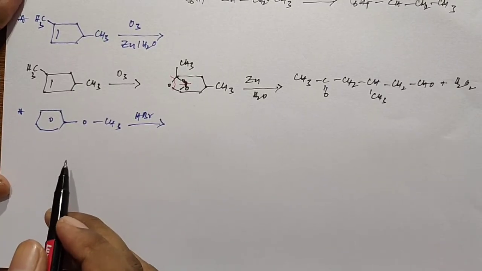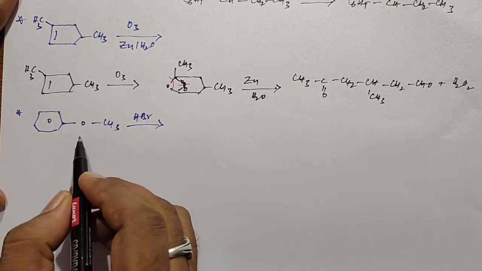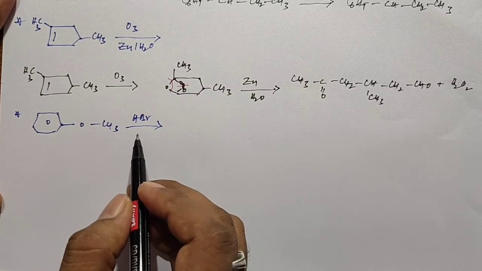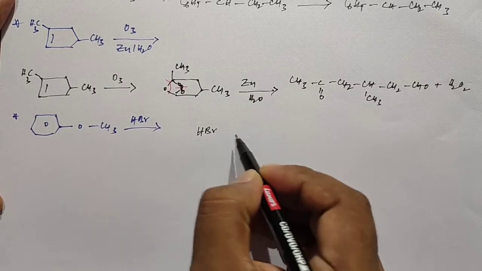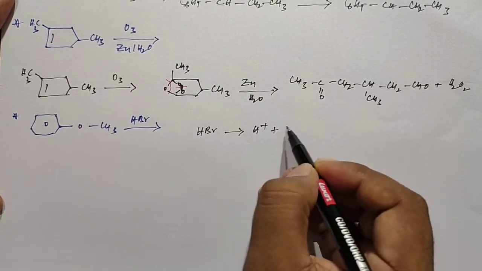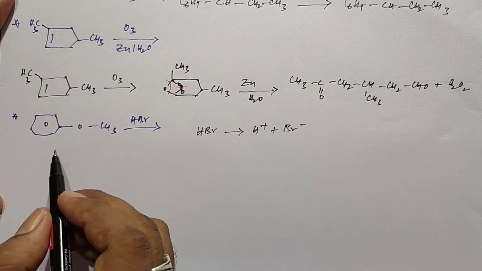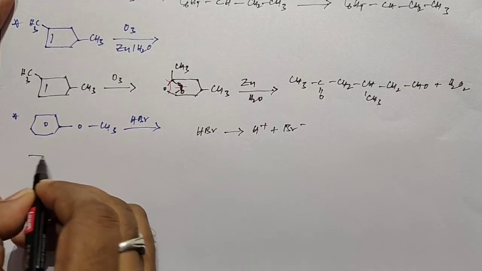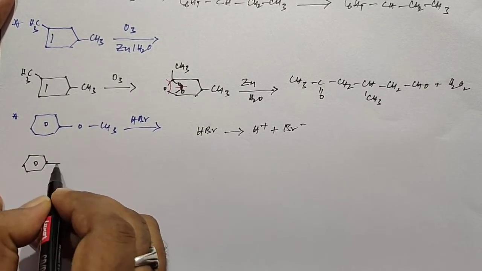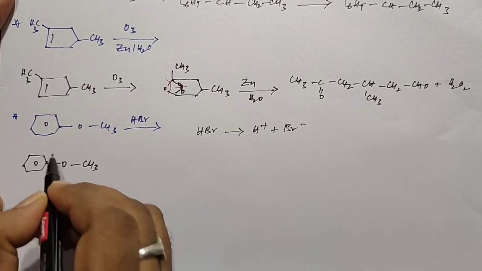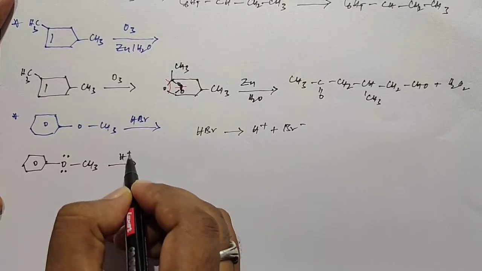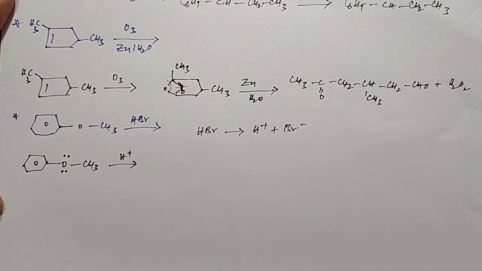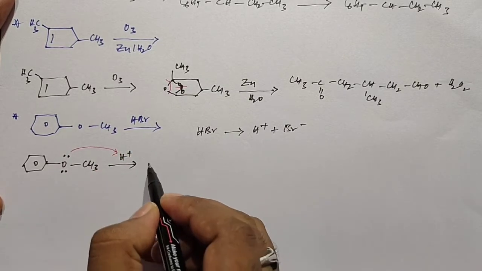Okay, students, this is the next miscellaneous reaction, or incomplete reaction. In this reaction, the given ether reacts with hydrogen bromide. Here hydrogen bromide is the reagent. Hydrogen bromide is always present as hydrogen ion and bromide ion. The reaction is initiated by the hydrogen ion. So I just take the given ether. In this ether, the oxygen has 2 lone pairs of electrons. When it is reacted with the H plus ion, one of the lone pairs of electrons of oxygen is donated towards the hydrogen. Then we get the product like this.